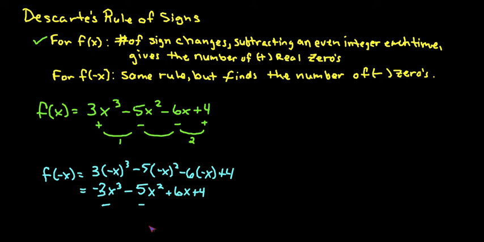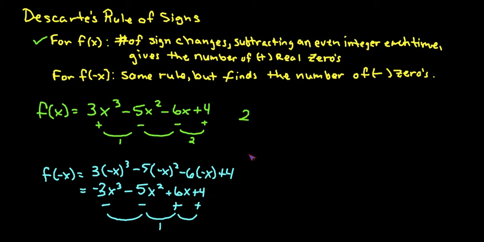So from here to here, negative to negative doesn't change. Negative to positive, there's our first sign change. And positive to positive doesn't change again. So we have only one sign change. So what this is going to do is, let's go back to our positive one up here. Since we counted 2, we know that there can be 2 positives, but because we subtract an even integer every time,